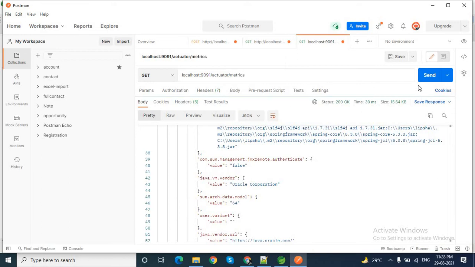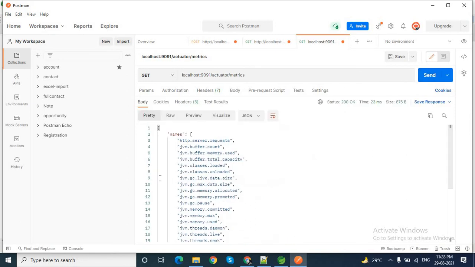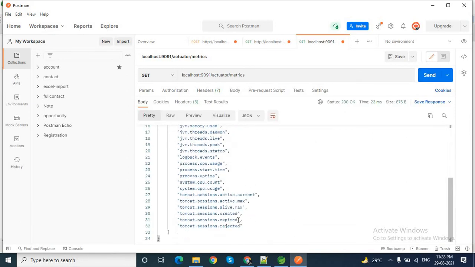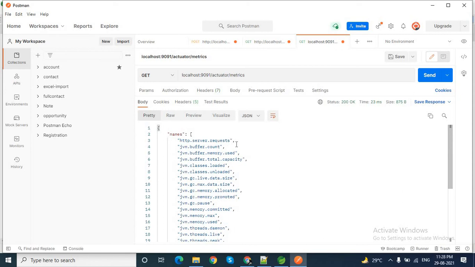We have another endpoint, metrics. If I write metrics here and hit send, see, these are the metrics like http.server.requests, jvm.buffer.count, jvm.buffer.memory.used, jvm.buffer.total.capacity. If you want details about one, just copy it from here.